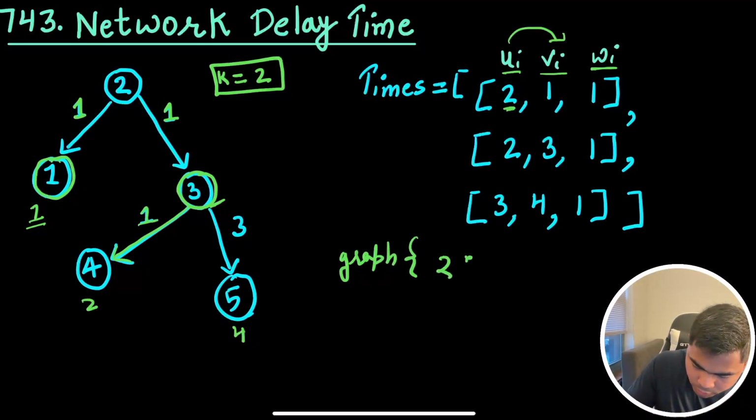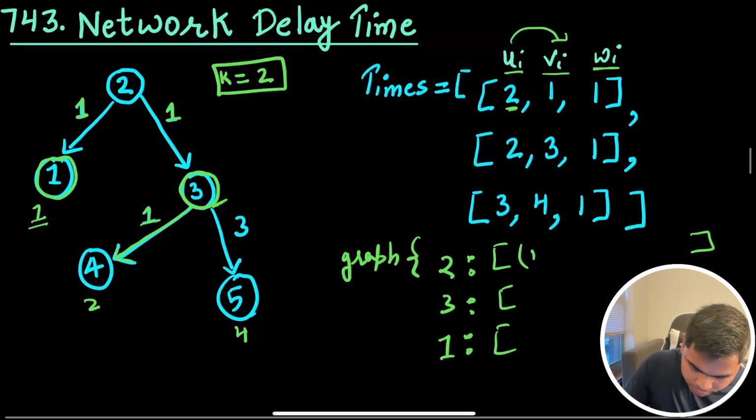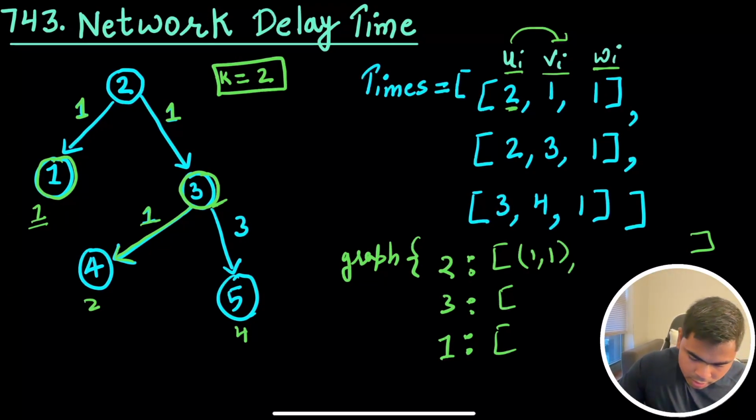So basically 2, and then 3, and then 1. So these are our nodes. Then it will have this list of neighbors. Let's say 2 has a neighbor 1, and the distance is 1. So (1, 1) is one of the neighbors of 2. Another neighbor is 3. 3 has the distance